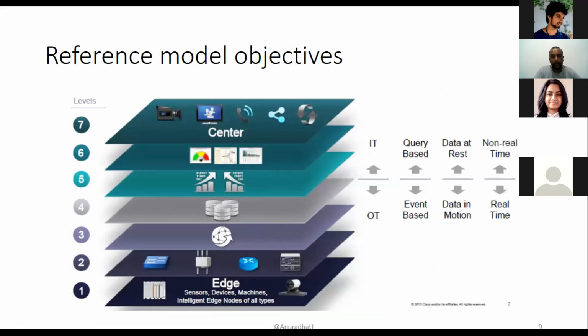So if you look at this IoT World Forum Reference Model objectives, at the middle level, somewhere around this data storage and edge level, you can divide the 7 layers into IT and OT, the information technology and the operational technologies. Operational means it's the real operation of the network. For example,